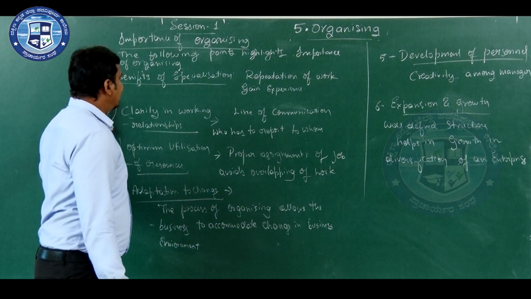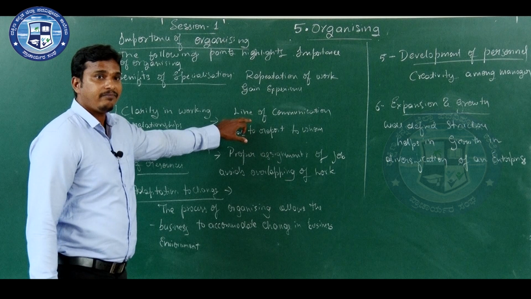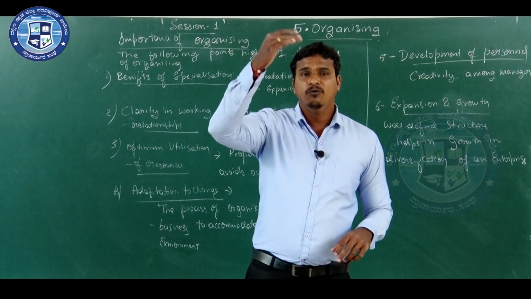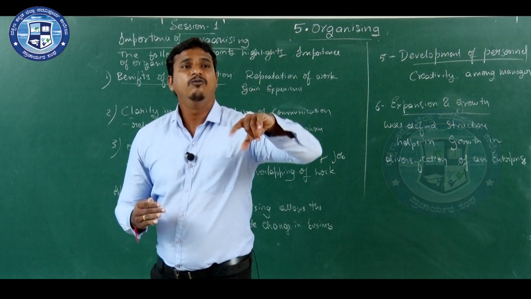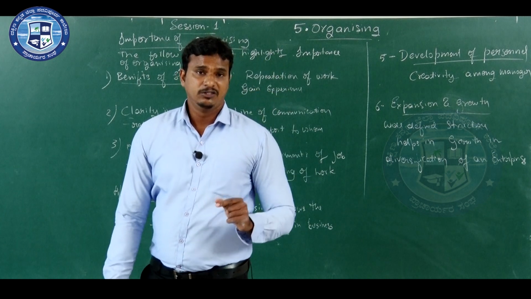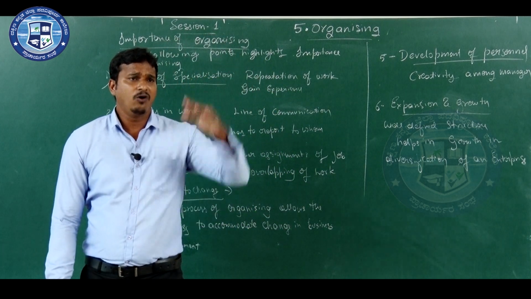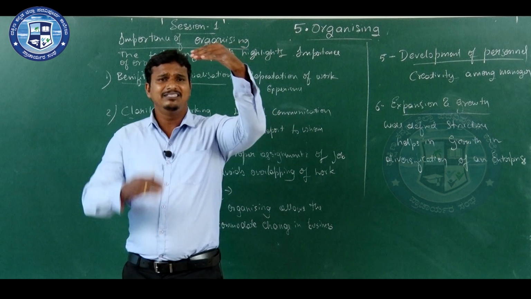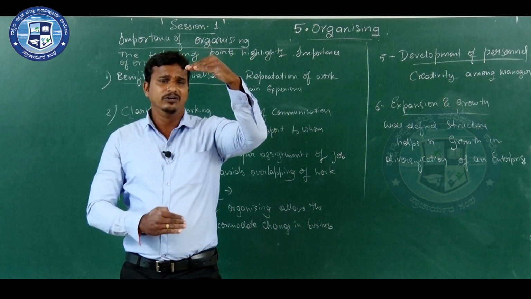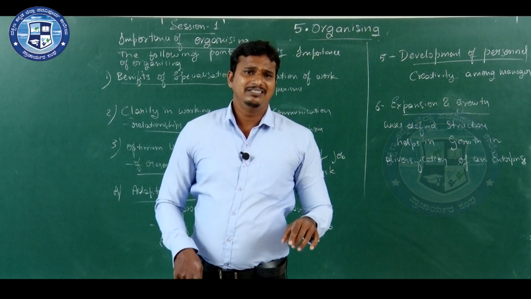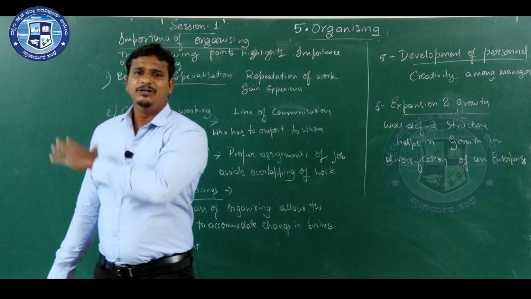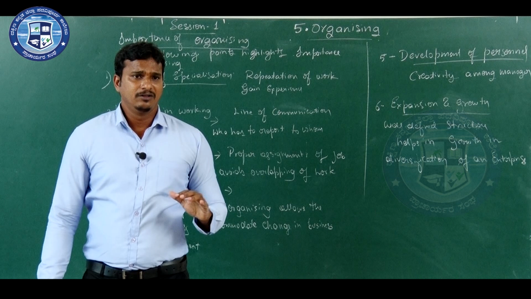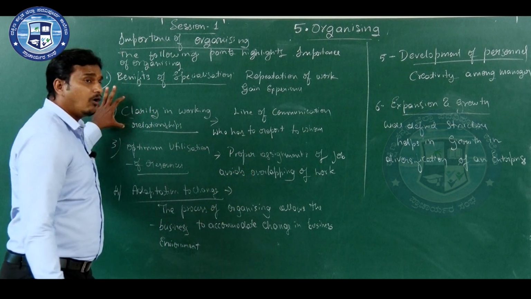Okay. The second point, that is clarity in working relationship, the line of communication, who has to report to whom. So, under whom you are working and for whom you are responsible and accountable. So, each person in the organization. The organization structure is prepared by the top management. So, in that organization, under whom a particular person is working. For example, there will be an organization structure, in that different departments will be there. Under the department there are subordinates. So, the superior-subordinate relationship, that is what it says in the organizing.